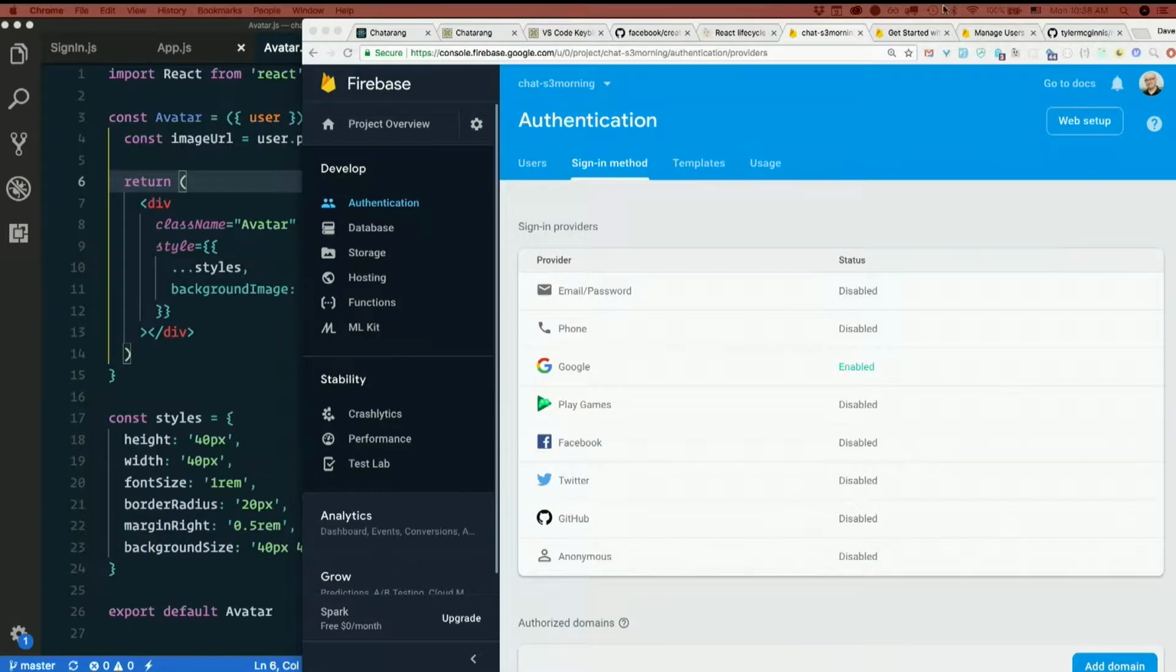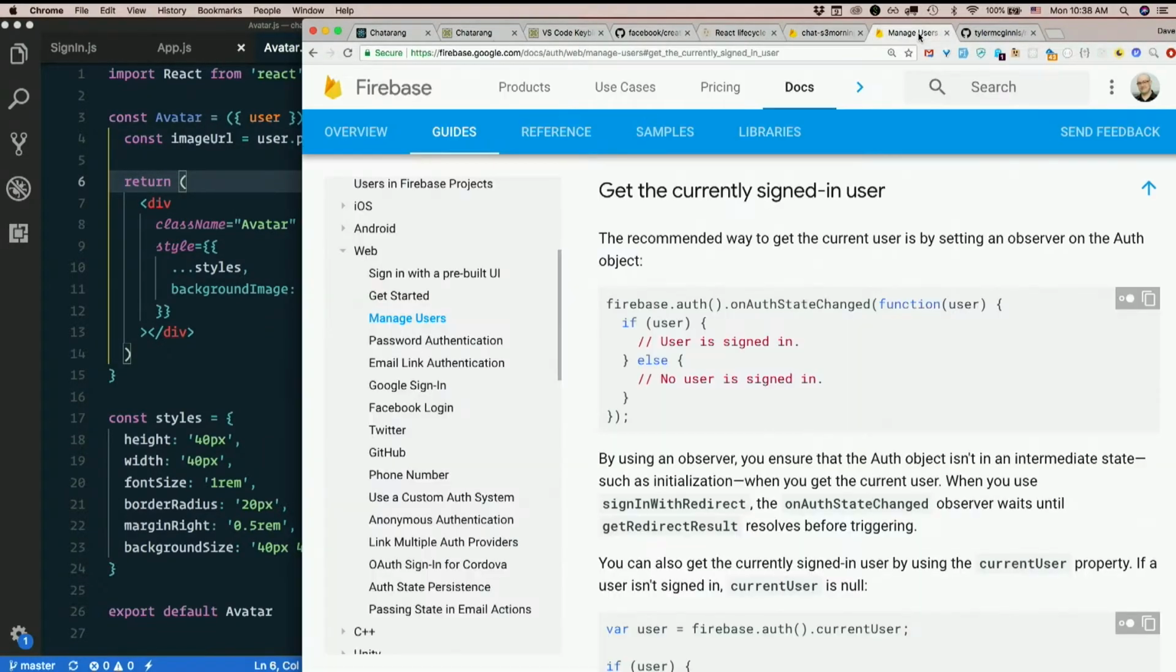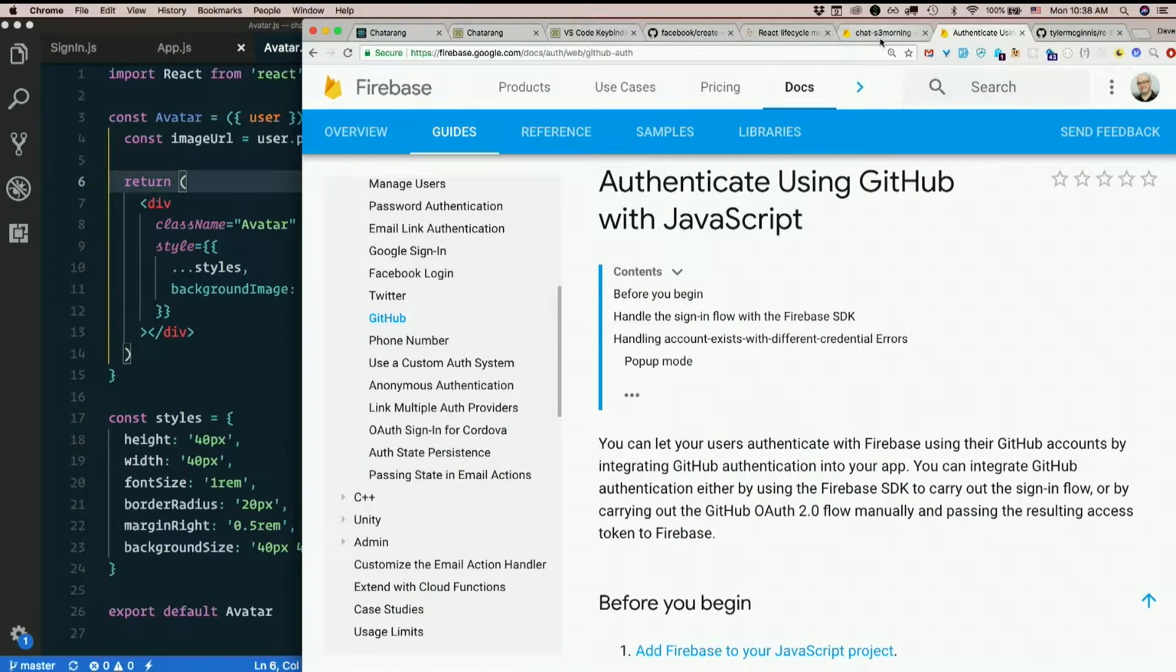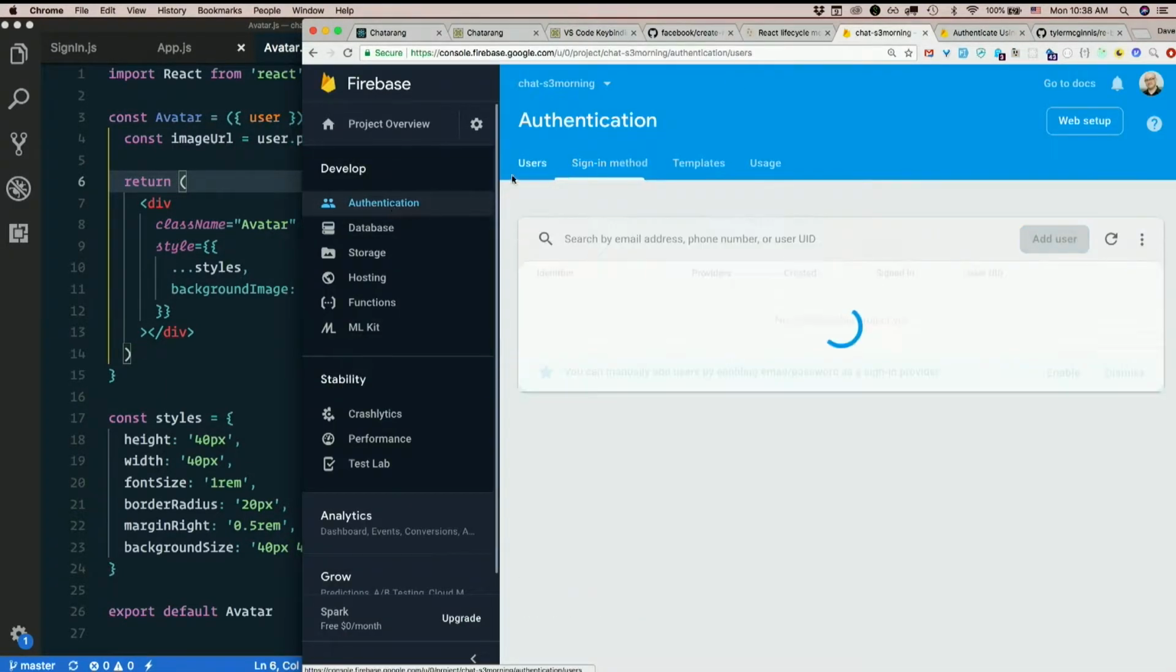Let's see what we can do. I still have my Firebase documentation open. Here's Google sign in. Let's go to GitHub sign in. How different can it be? Not very different is the answer. Let's go to authentication, sign in method,